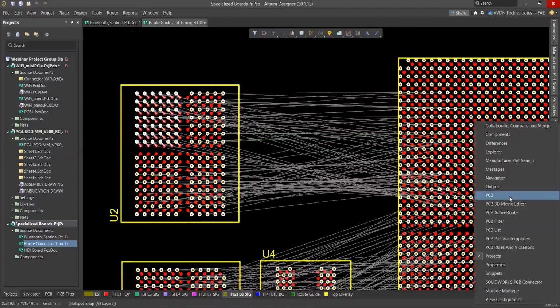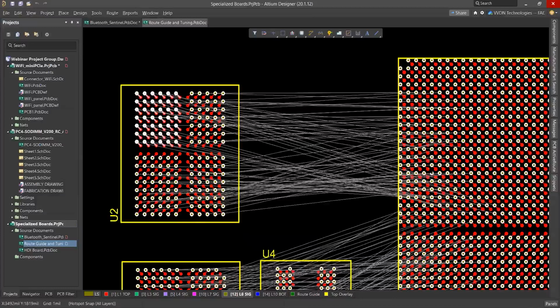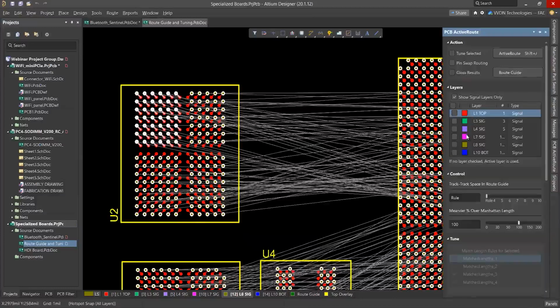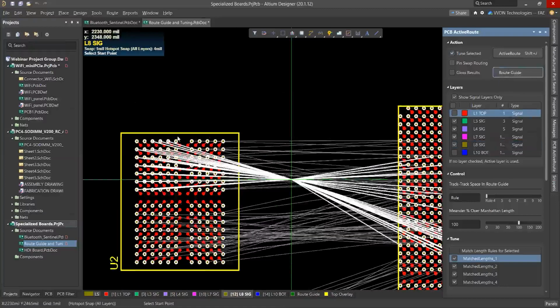Then here you can see we have PCB Active Route. Okay. So from this Active Route panel, we can select our layers. Once you've selected, after that from this action, if you want to do tuning, from there we can select tune, then route guide also.